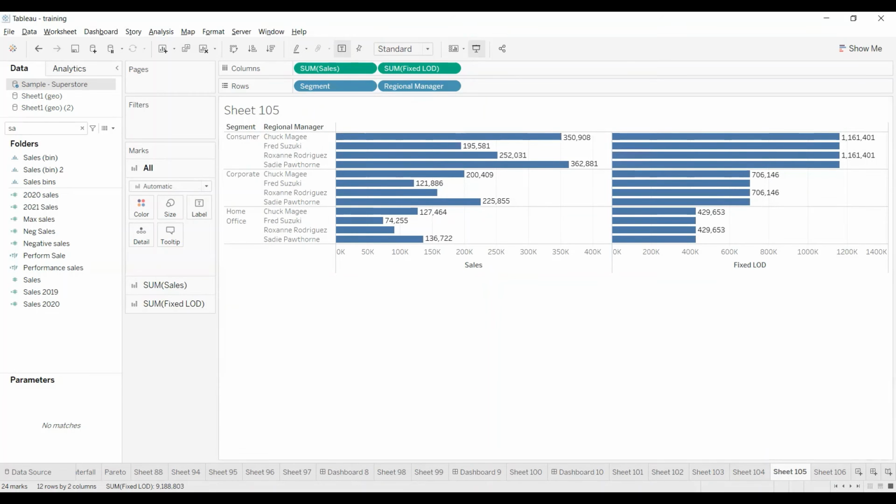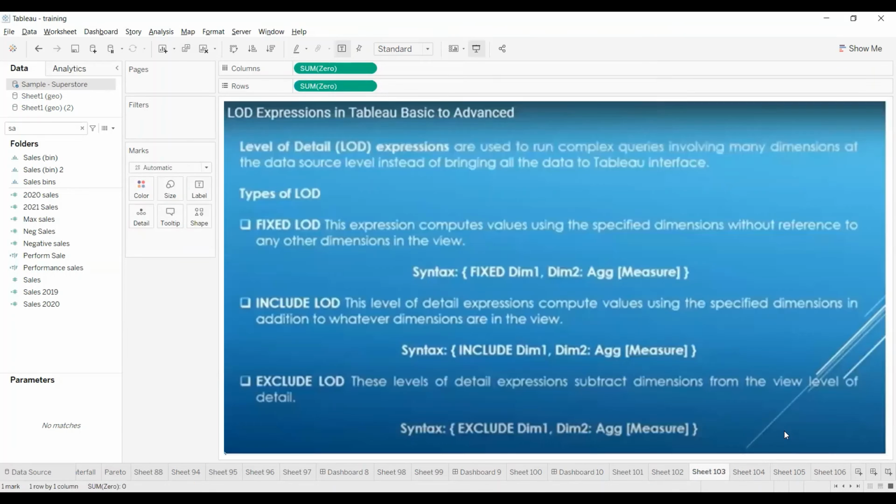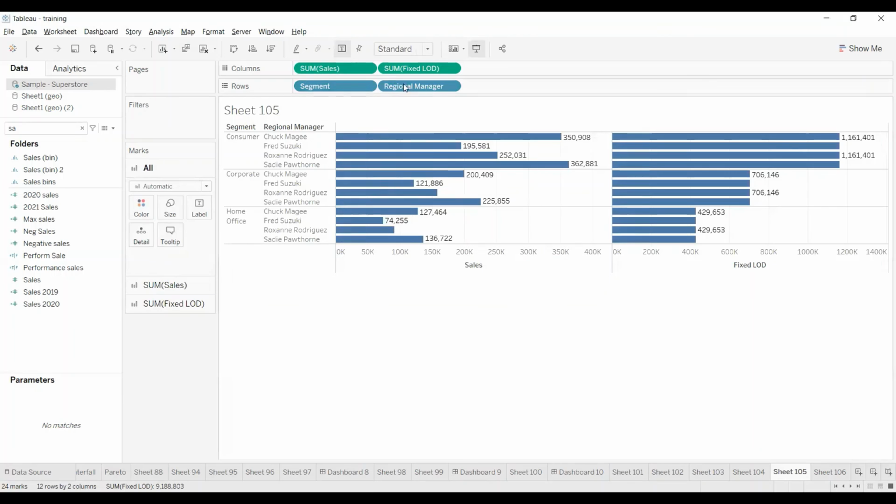Now, when it comes to the official definition of fixed LOD, the expression computes the values using the specific dimensions without reference to any other dimensions in the view. That means the calculation, this is a fixed one.